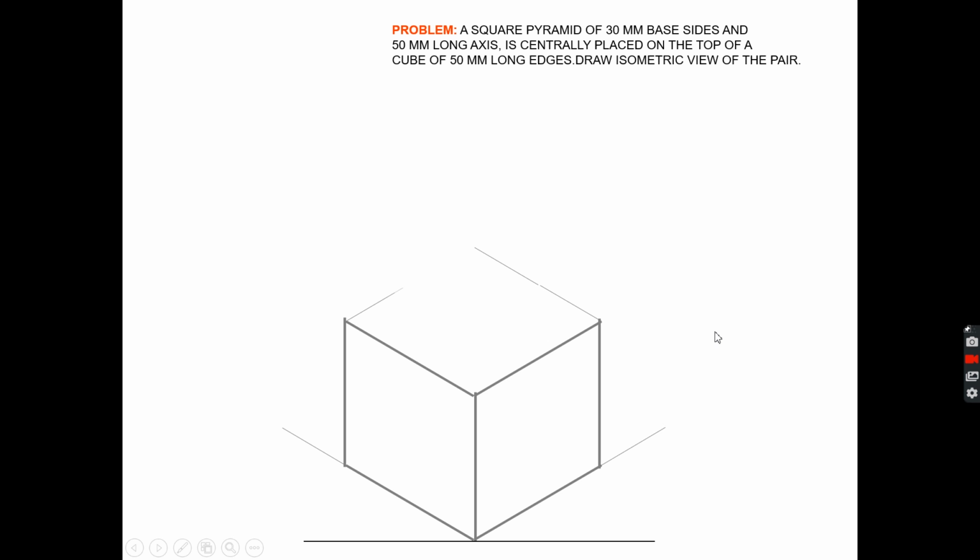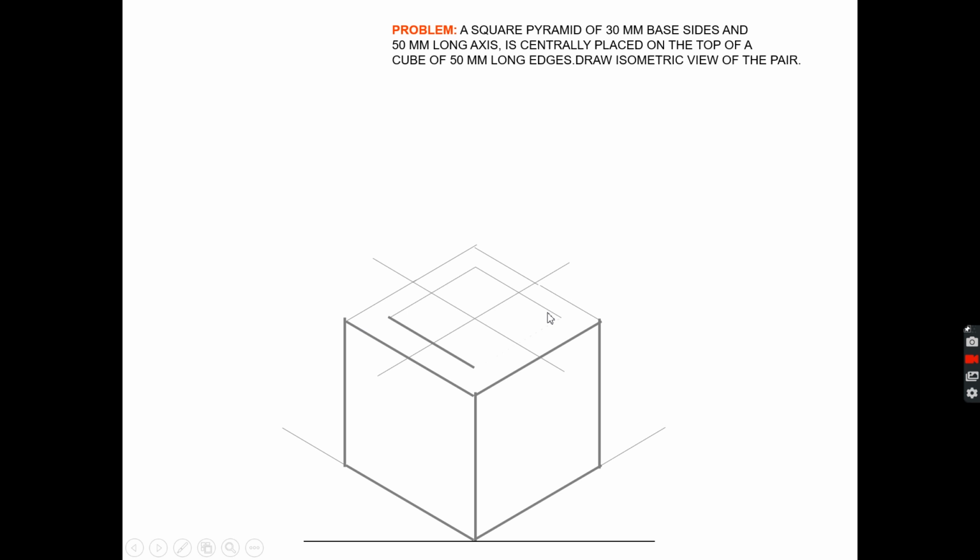I am drawing these two lines with a 2H pencil, because there will be a square pyramid on top of the cube, so some portion of this side may be invisible, and these two lines are at the front, so of course they will be visible to you. In this particular question, the orientation of the square pyramid is not given to you. So I am taking the corner points of the square pyramid just in front of these corner points.